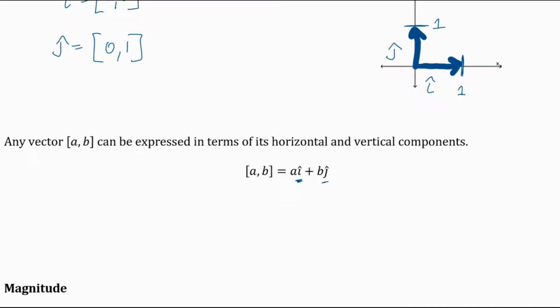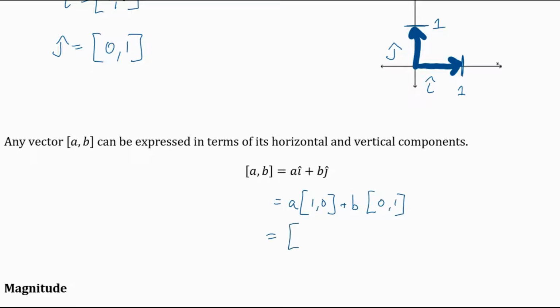So each of these is a scalar times a vector, which gives you a vector. Another scalar times a vector, which gives you a vector. Adding two vectors gives you a vector. So A times i hat plus B times j hat will result in a vector, and it's the vector AB. Okay? And we could break this down as being A times i hat, which is 1, 0, plus B times j hat, which is 0, 1,